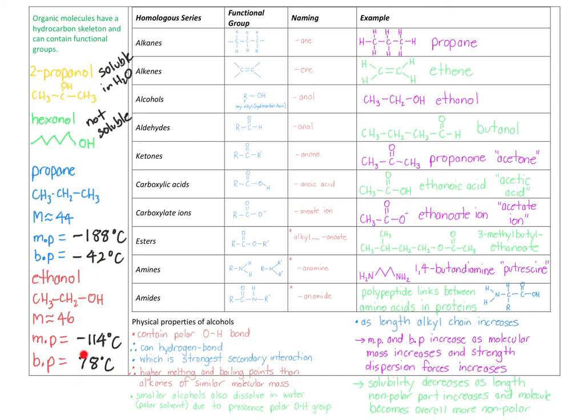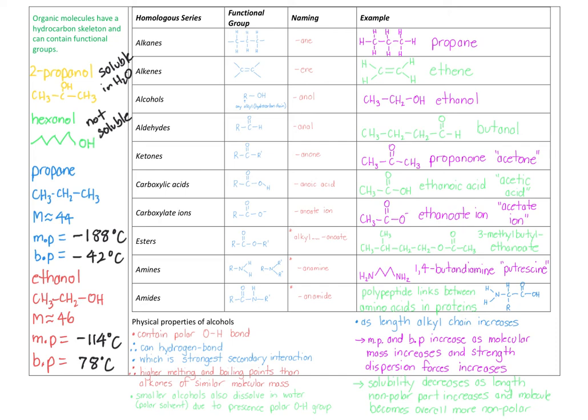Ethanol has a boiling point of 78 degrees, so it's a liquid at room temperature. That is because of the hydrogen bonding between these polar OH groups. This polar OH group also means alcohols tend to be soluble in water because water is a polar solvent and